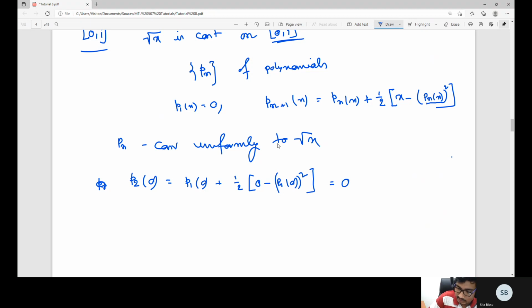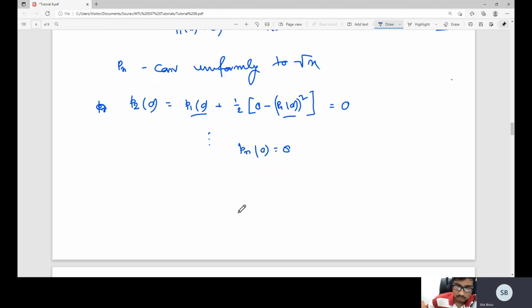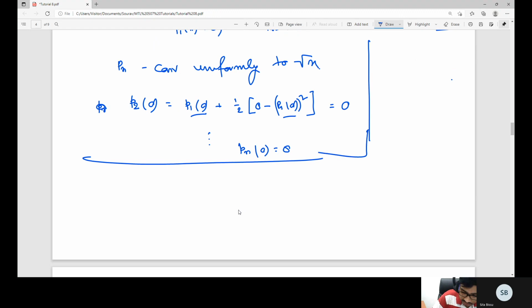Again 0, because this is also 0 and this is also 0. So by inductive argument you can say that this P_n(0) is equal to 0. Fine. Now suppose you have a function